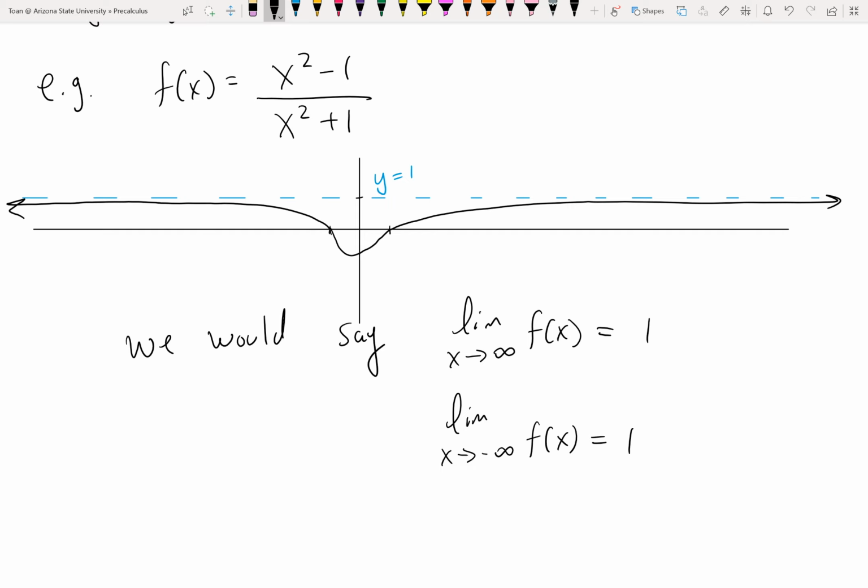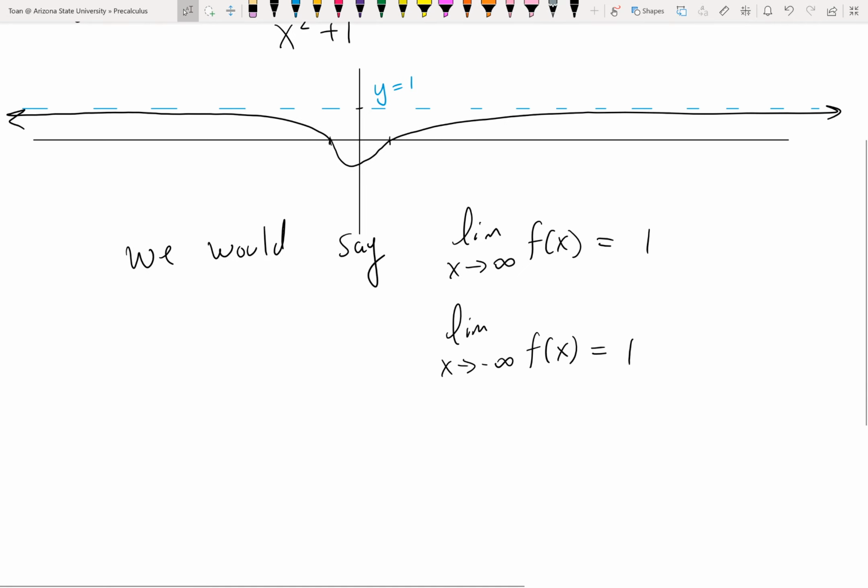So in general, that's what it means to find a limit at infinity. You're basically asking the question, where is the function trying to be? What is the function output trying to be when you look in the far, far, far right of the graph or far, far, far left of the graph? Now, we were able to answer this because we did have a graph in front of us. But just like what we discussed in 13.2,